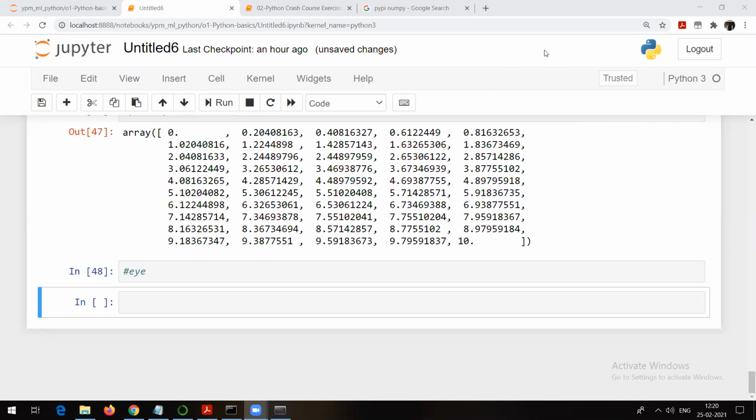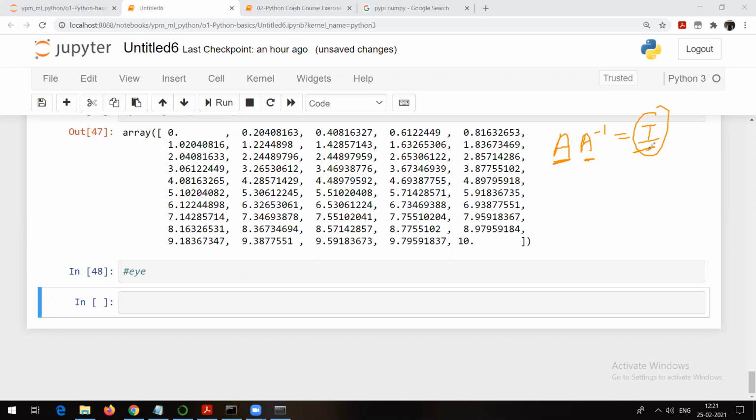So how to create an identity matrix in Python? That's what we are going to understand. Why worry about the identity matrix? Because if you remember the basic maths you might have seen, you might know a basic rule: A into A inverse is always equal to I. That means the original matrix multiplied by its inverse always gives you the identity matrix.